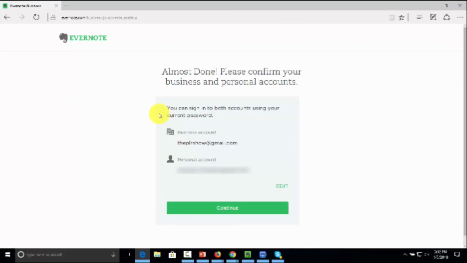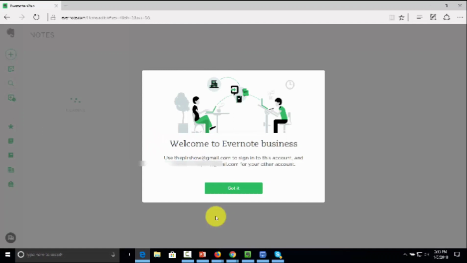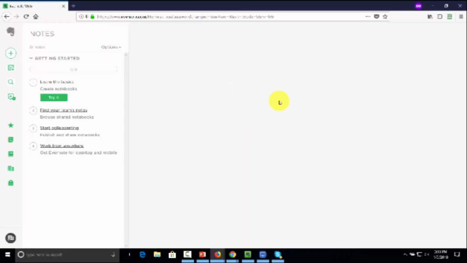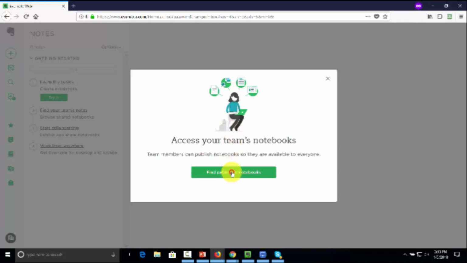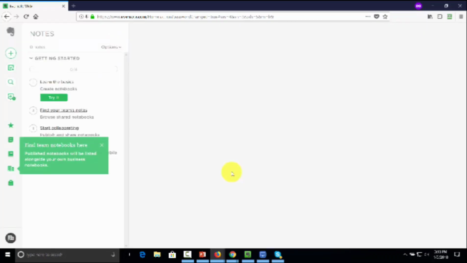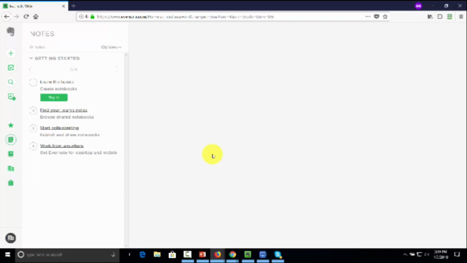Then that individual, if they have an Evernote account already, they'll already have a personal account that they can access their personal information, and now they'll be using their business account with the email address that they signed up with. And now the individual is signed up for Evernote Business, and then they'll click into the workspace. Now once the individual is logged in, they'll be able to find any available notes from the team as well as anything that has been published. So now that both individuals are on Evernote and on the same shared workspace, you are now ready to